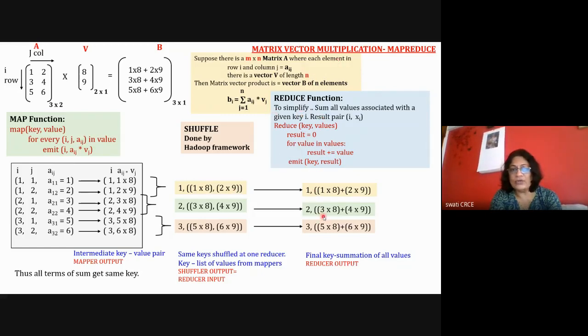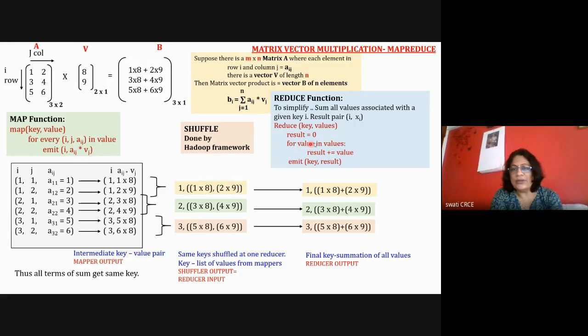So let's see the pseudocode for the reduce function. This reduce is going to take the input as key and values, where values is a list of values. So it is going to receive this key 1 and this list of values. Now it will say that the result, or sum, meaning this final answer, is equal to 0. And then we are using a for loop to iterate through this list.